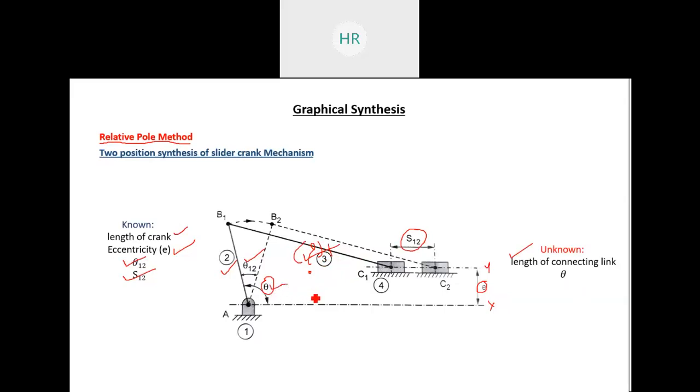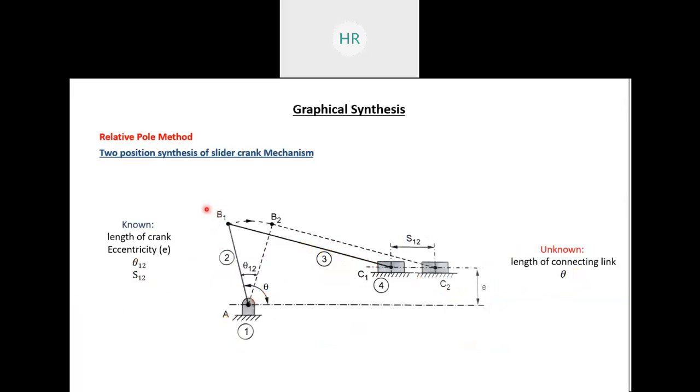Okay, one thing to note here, that this angle theta or initial angle will not make any difference in the length. If I synthesize the mechanism taking theta equal to 20 degrees, and the second time theta equal to 30 degrees, then my lengths of different links will be the same. It should not make any difference on the length of link. So you can assume this angle theta also. That will not make any difference. You can try by yourself.